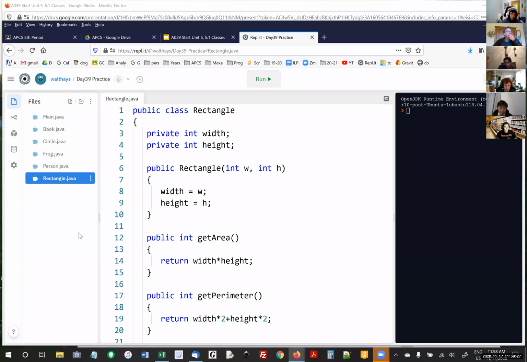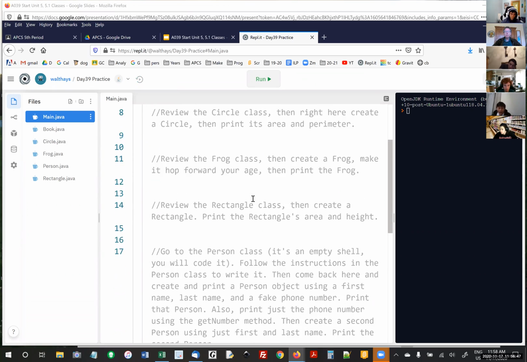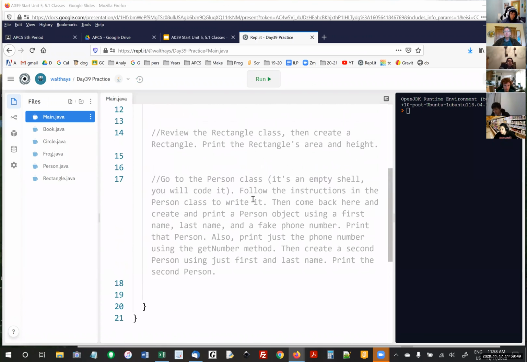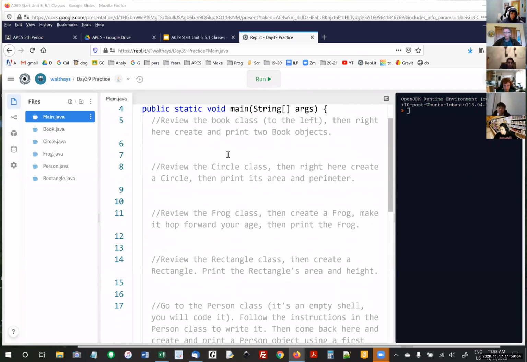So we've used these things already before. My thinking was that I wanted you to work with each of them. So in a second, we're going to be done with the notes, and I want you to open up this assignment. I'll post it. And then I want you to walk through and do all these things. And in the end, after poking around with the Book, Circle, Frog, and Rectangle classes,